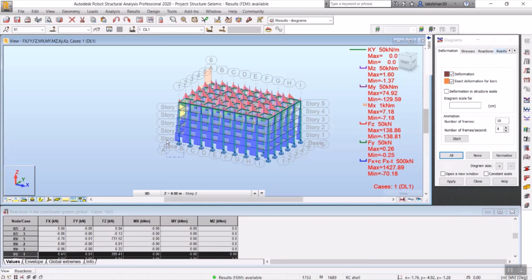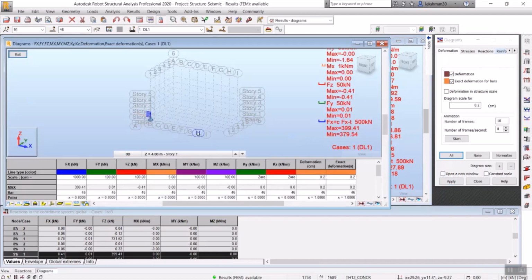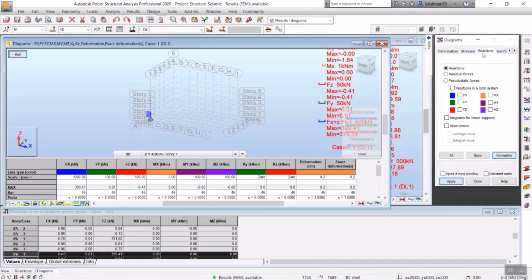I'll take this column and reaction here. Let me open in a new window, apply. Can you see the deformations? Then we'll go to the reaction tab, all reactions with descriptions, apply. Can you see the reactions?